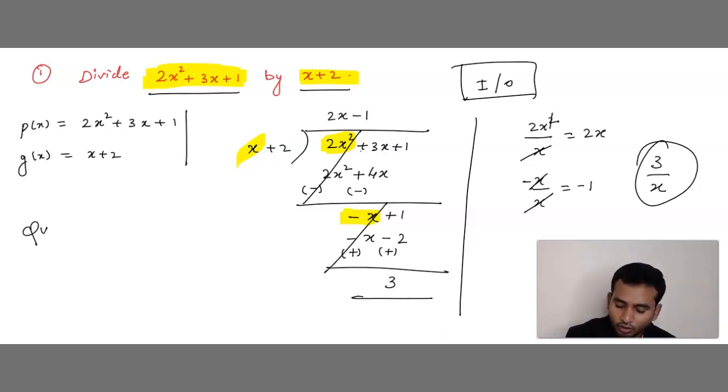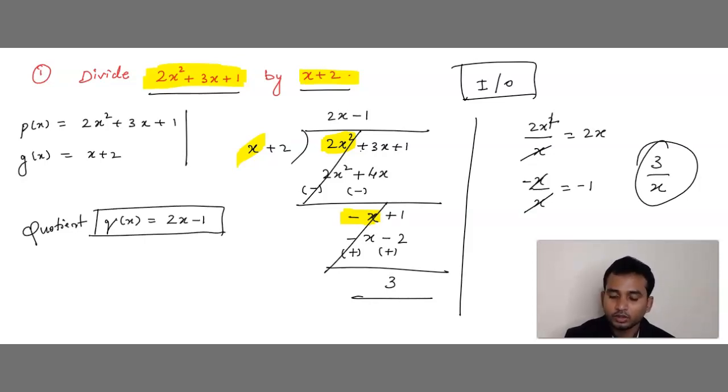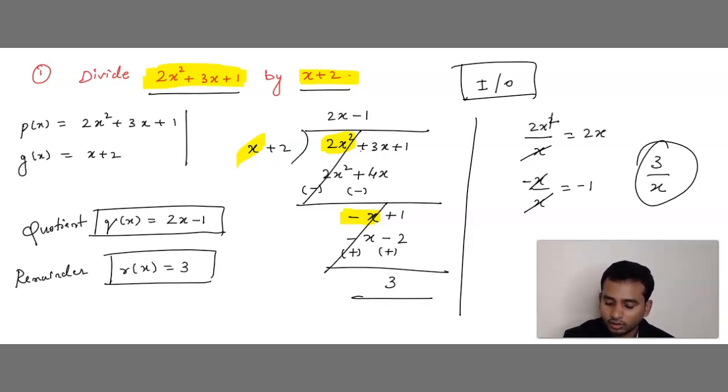Okay. So now our final conclusion is quotient, that is Q of x is equal to 2x minus 1. Are you getting, children? So quotient Q of x is what? 2x minus 1, and then remainder, that is R of x, is equal to 3. So from this we have concluded that the quotient is 2x minus 1 and the remainder is plus 3. This is clear? I hope you have understood this problem, how to solve this, right?